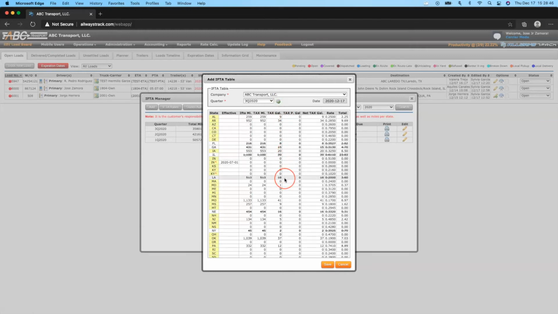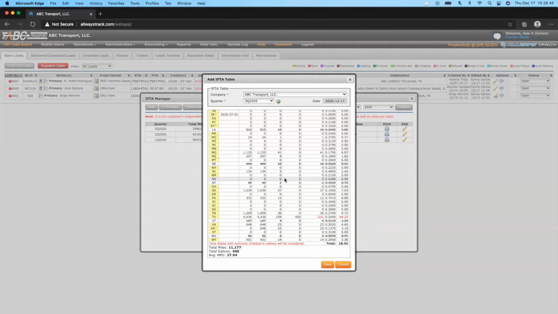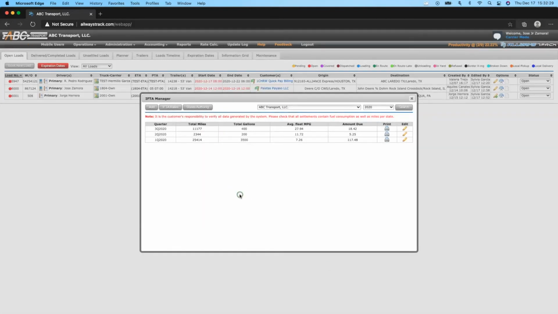Once your table pops up, you will be able to see here all of the reports, and once you see that everything is good, you can save. Once you have generated that report, you will see here by quarter that you have generated the quarter 3 2020